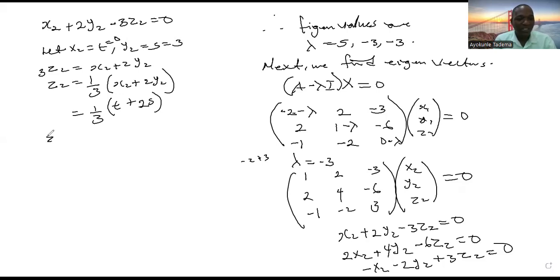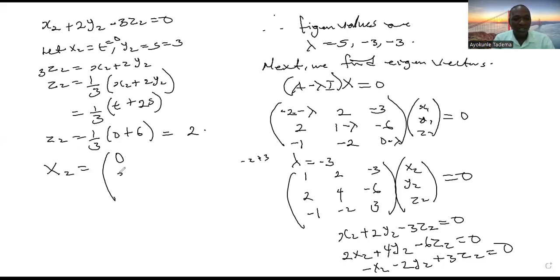Let t be 0 and the other one be 3. And we have z2 equals 1 over 3 into 0 plus 6. This one must be right. That is 6, okay. And this one will give us 2. Meaning that the eigenvector corresponding to lambda equals minus 3 is going to be x2, that is 0, y2, which is 3, and the last one, z2, is 2. Okay, that is the second